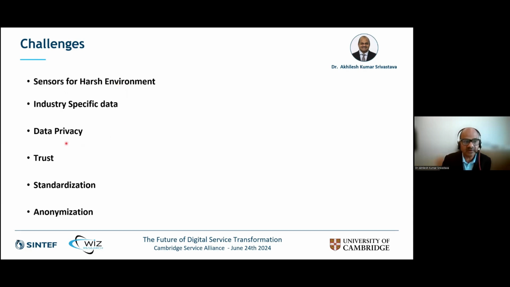And also we are lacking data from industries in two ways. Either it is not being recorded, or the industries are reluctant to share their data. And it's a big issue with many process industries. So we have to build some kind of ecosystem where we can build trust with those companies that their data will be handled with anonymization, and there are standards in place. So for example, we have to make sure that the data privacy concerns will be solved for them.